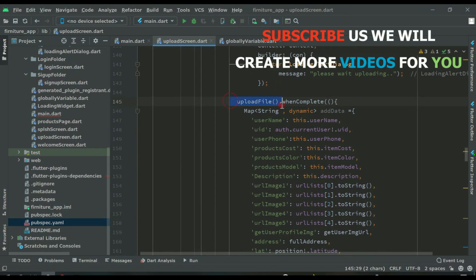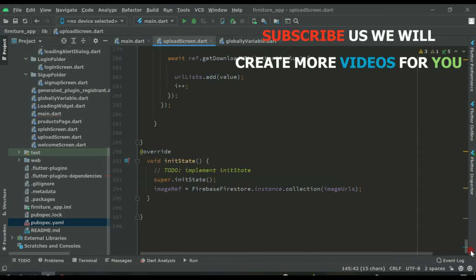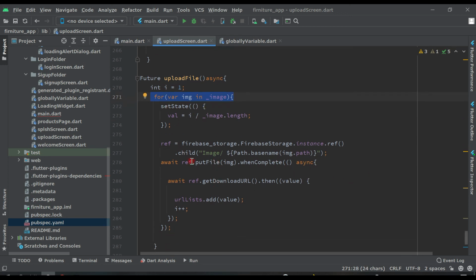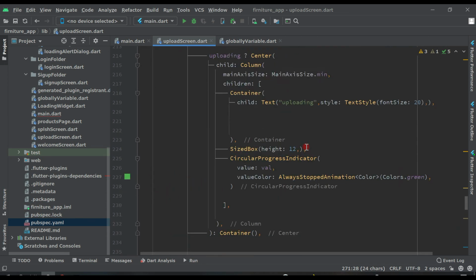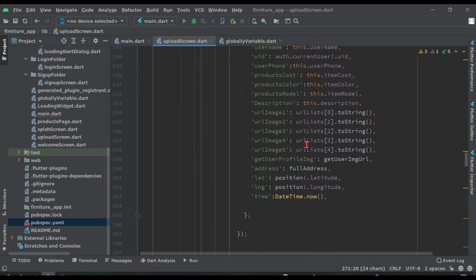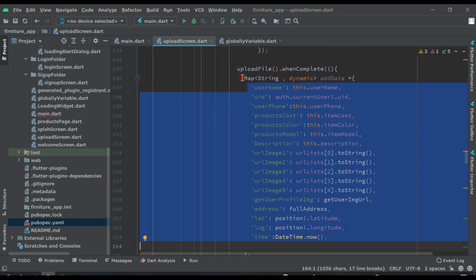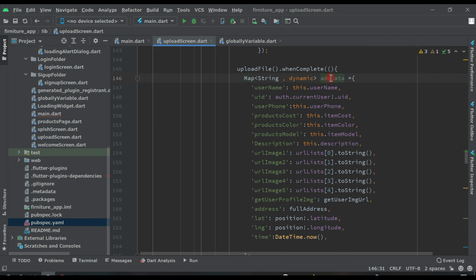Now we have created this upload function, as you can see below here, and we are using a for loop, and we are getting the user image and all the storage for this user advertisement. Now you can see inside this function we are getting all these things, and we create a map here, and the map name is addData.